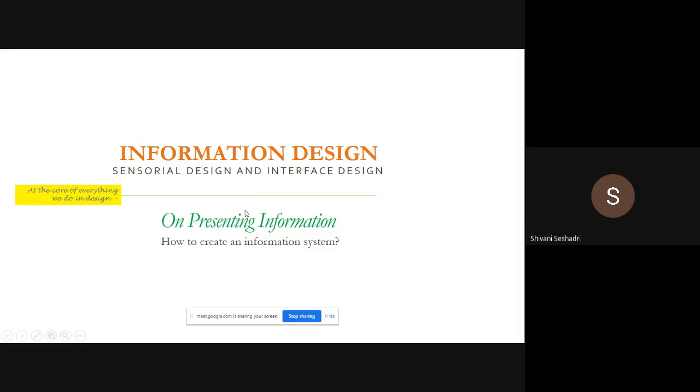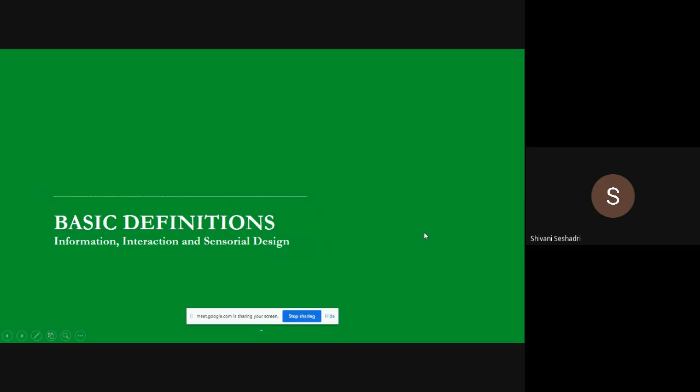And then to figure out at the core of what we are doing is this idea of presenting information. So some basic definitions, I think we had this interaction the last time asking, what do you think the definition means? Is there a difference between information, interaction, and sensorial design? Do you guys remember this conversation?